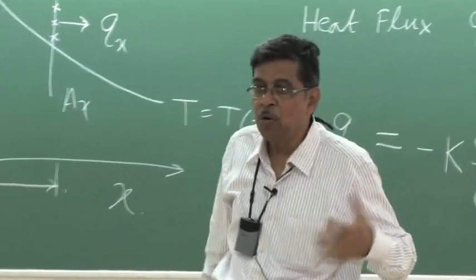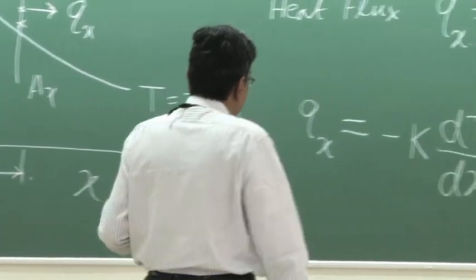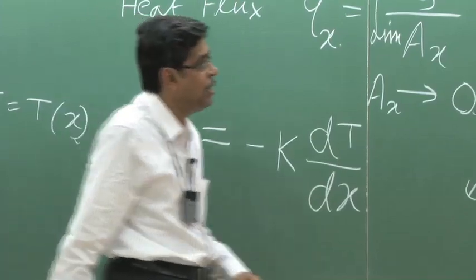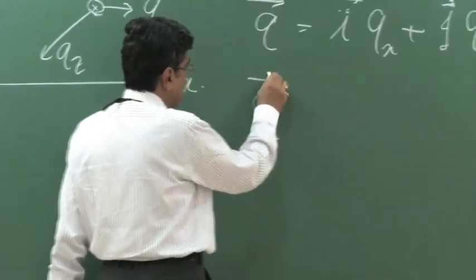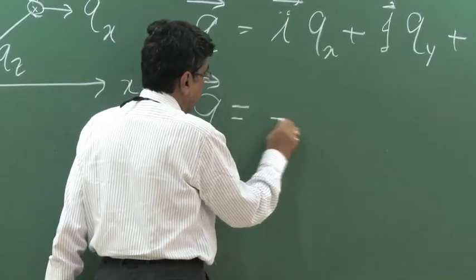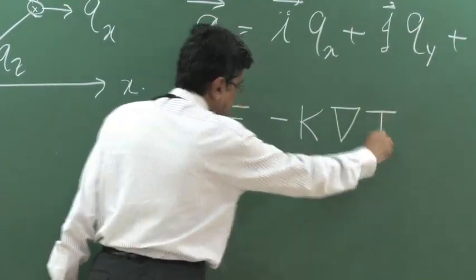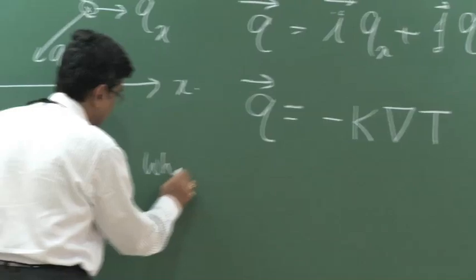Well, Q is represented as a vector. In that case, this law given by scientist Fourier can be written in a generalized form as Q is equal to minus k grad T, that is gradient of T, where grad T is given by